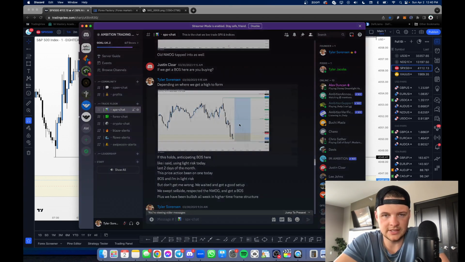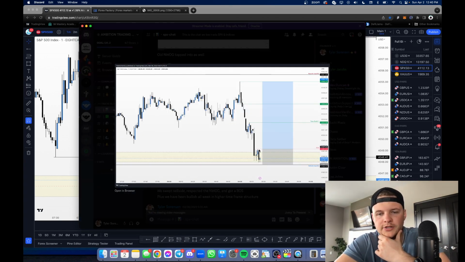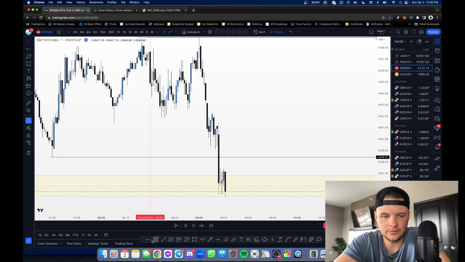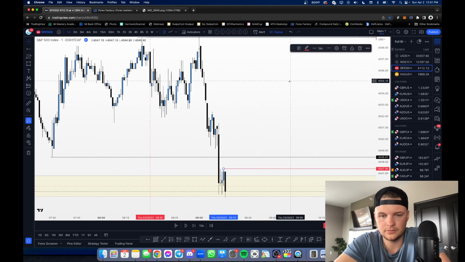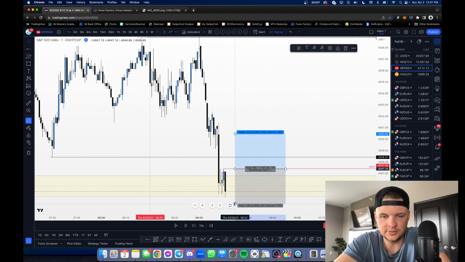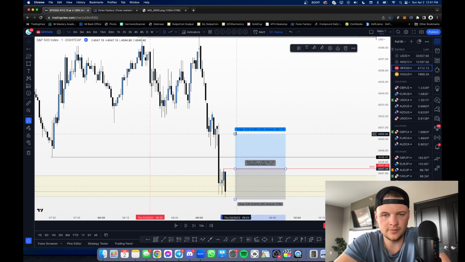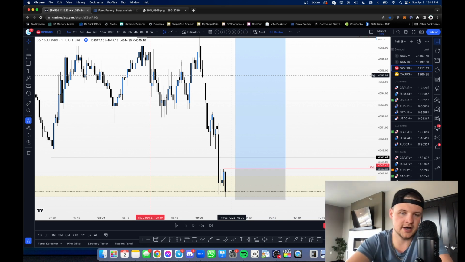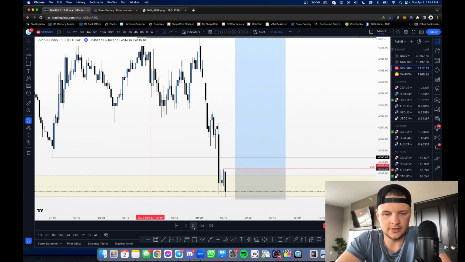So this was the setup that I sent out. Right here, tracking this high. Where are we at? There we go. So tracking this high right here. Set up the position, the one that we're anticipating at least. And while you're waiting for breaks of structure, guys, if new lows are being put in, you're just adjusting your stop loss accordingly, right? You're always wanting your stop loss to be below the low or above the high that swept liquidity.